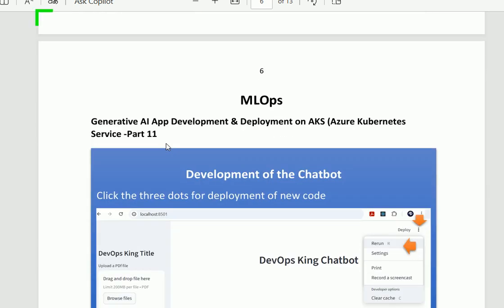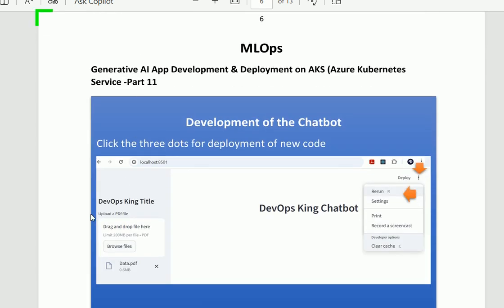After this, when you click on the three dots on the top right corner, you will find the option of rerun. This rerun option will deploy the latest code for the application.